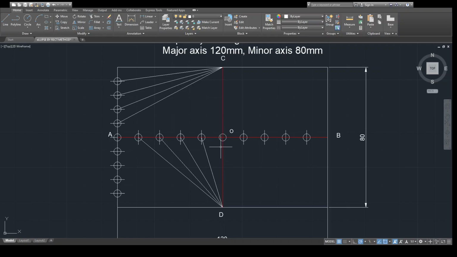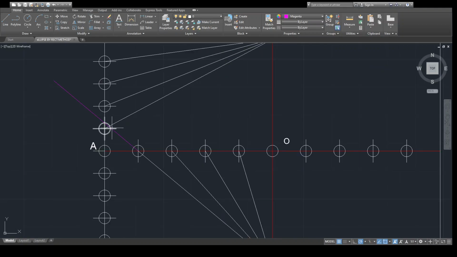Then what next? Just for the sake of simplicity, I will change the color to magenta, and from the already drawn line I will extend the line so that it will cut this particular line. You can see it intersects this line here.